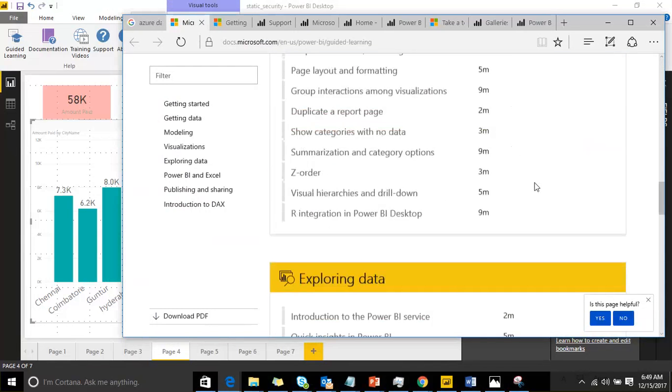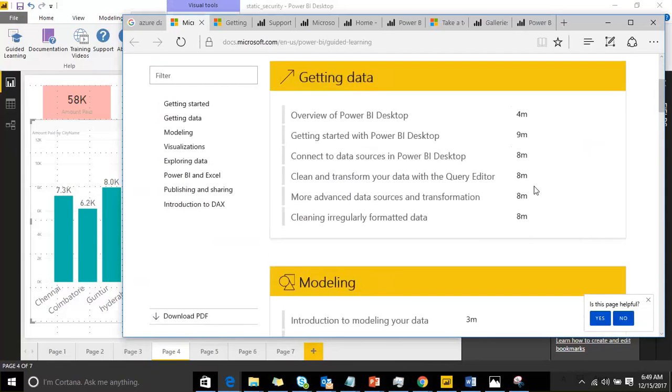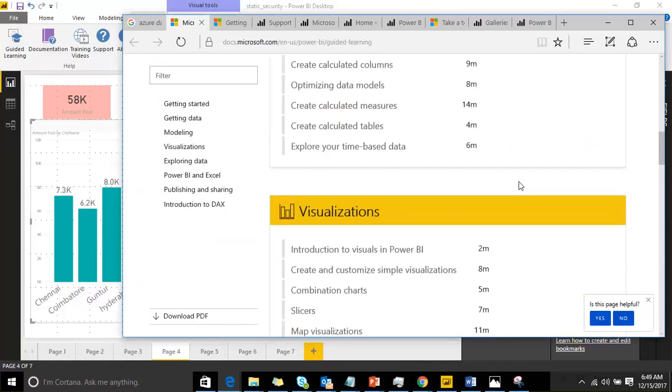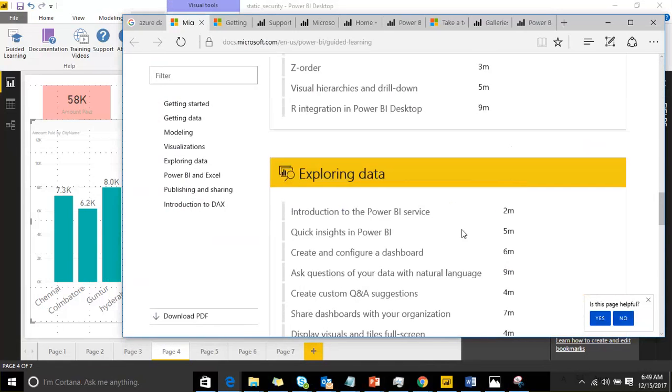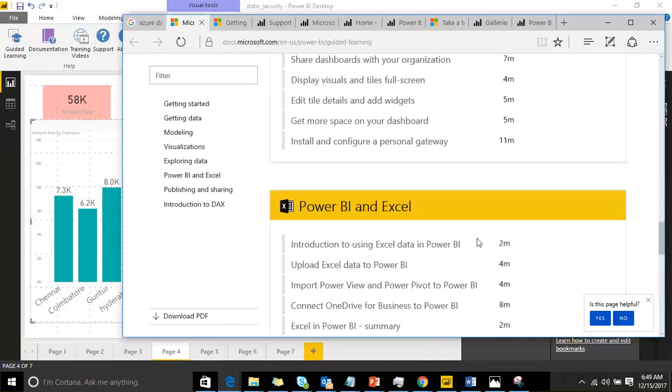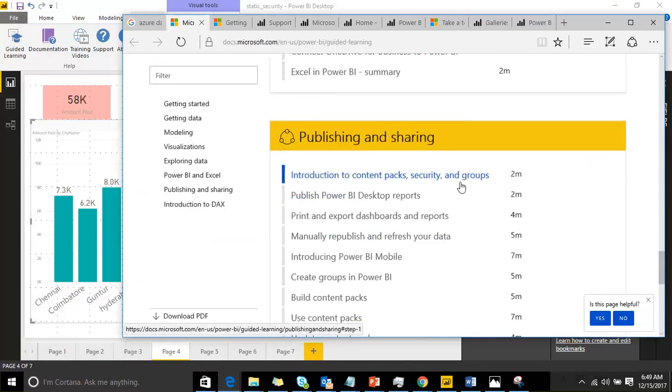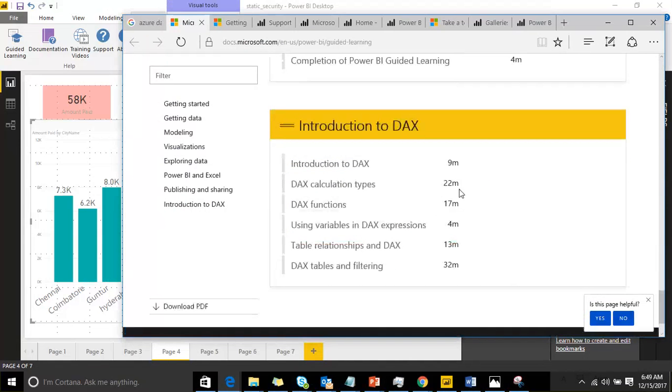Like how to start with Power BI and how to load the data, how to do data modeling, and how to create visualizations, and after that how to display the data through visualizations, Power BI with Excel, how to share it, and how to work with DAX. These are the basic things which are required for Power BI, right? So all those are available here as videos. You can go through it, but it contains high level information only, frankly telling you. But for people who are starting, it will be helpful. Whoever is looking for some documentation or notes, you can go through it here.